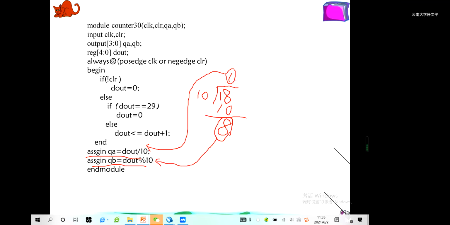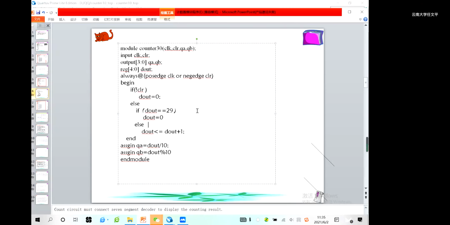So QA equal 这个的商, the QB equal 这个除完了之后的余数. So we use the method to separate the D out into 2 decimal digitals 所以这个 QA QB 就出来了好。